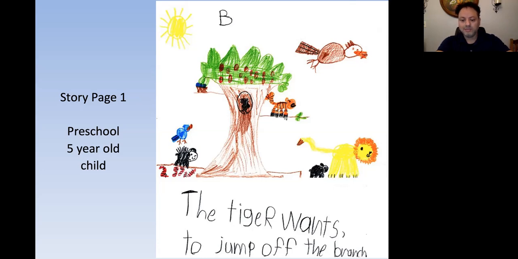And so this child wrote this book, this 3 pages. And he says, he was really smart. He knew how to write by then. He was going to kindergarten. He says, the tiger wants to jump off the branch, right? And what do you all notice about the drawing? And what do you notice about his writing? I would love it if one of you could come off mute and share your perspective. I know many of you did that last time. That'd be great to hear from you.